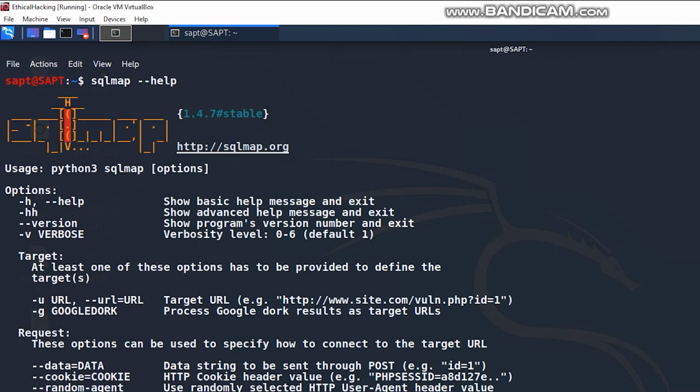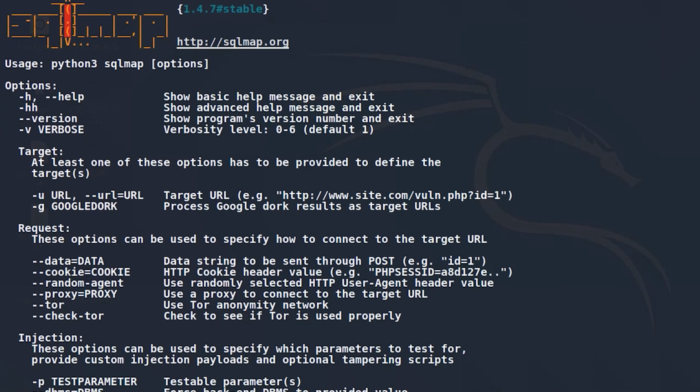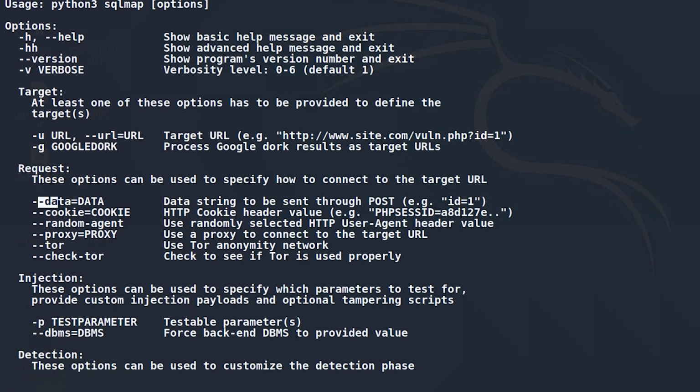-u is for URL. This is the most important flag, as it is used to specify our target URL. So this is how we specify our target URL. Then --data. For example, there is a POST request which has certain POST parameters, and you want to test SQL injection on that POST parameter. What can you do?